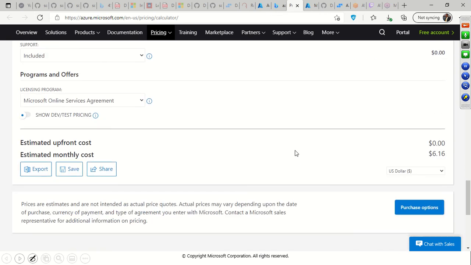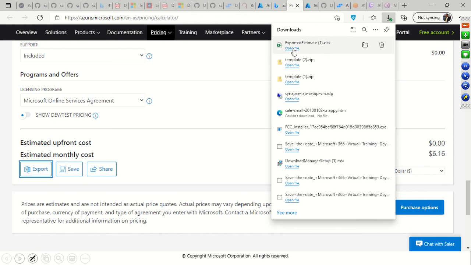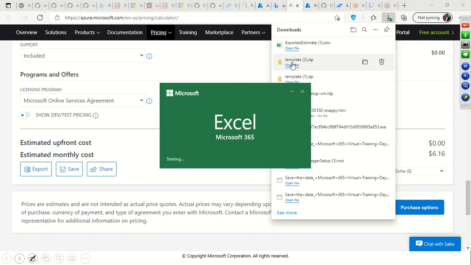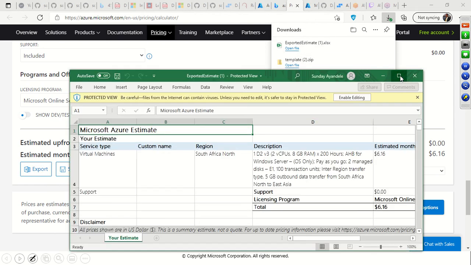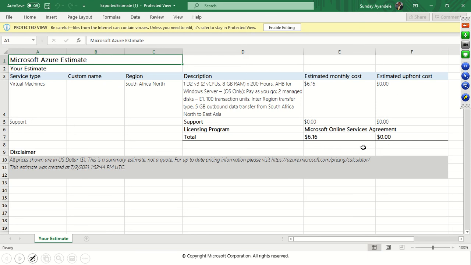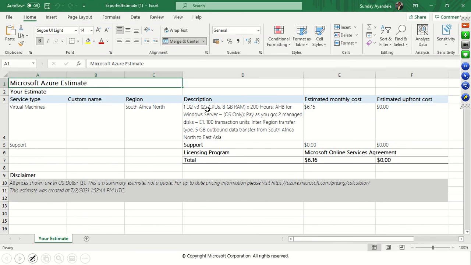If you are done, you can decide to export what it has shown you. You can export all these things. Okay. And it will come out in a good format. Let me just open it for you. It's coming out in Excel format. What I've selected. So you can use this to say, okay, based on my estimates, if we use this and